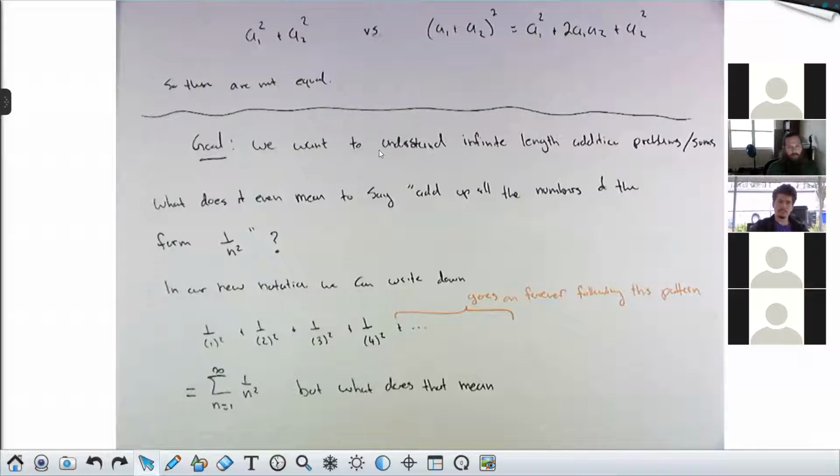So the next term would be 1 over 5 squared and 1 over 6 squared and 1 over 7 squared. I want to know if you add up all of those for every positive integer n, what do you get? Well, it would make sense to call it this, right? Because if you were to start writing this out and just never ever stop and keep going, you would get this. But what the fuck does that even mean?